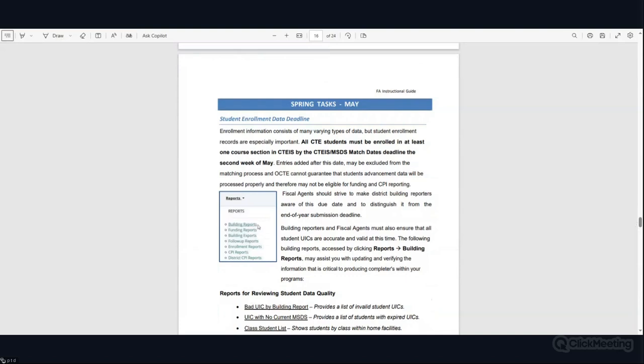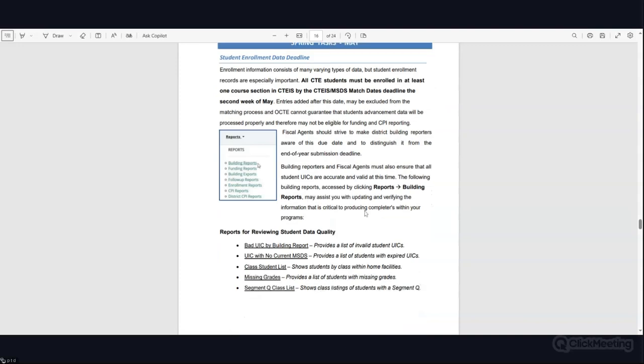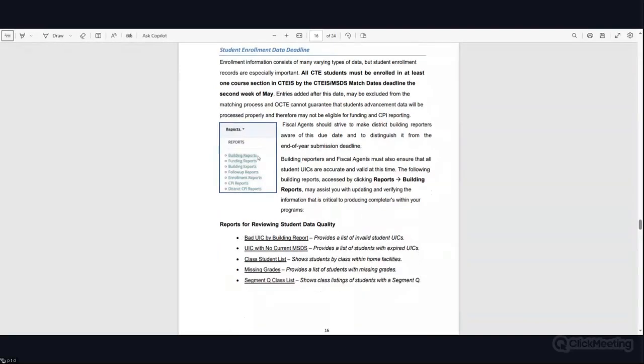So we're in May. This lets you know that all of the information, as a building reporter, they're supposed to put into the system regarding all of the enrollments, the students, the courses. But as a fiscal agent, it's part of your task to make sure that information is accurate before you submit your reports. So this gives you reports that you can review before submitting your reports to your CEPD